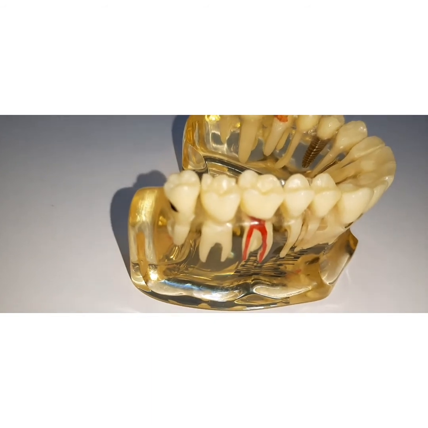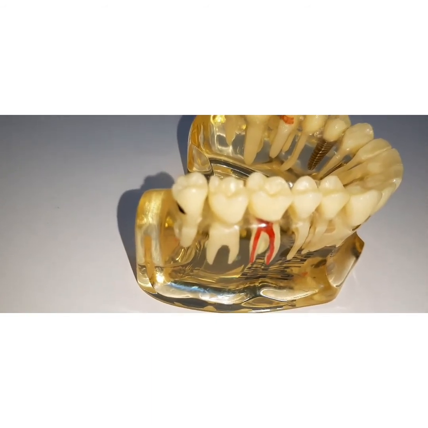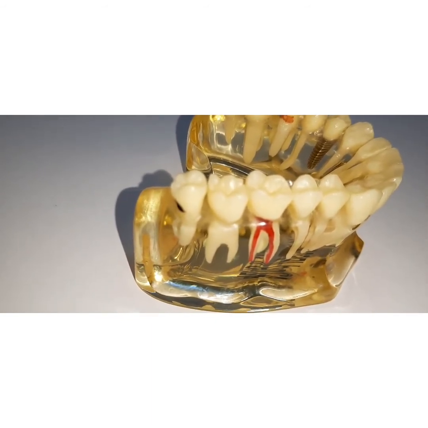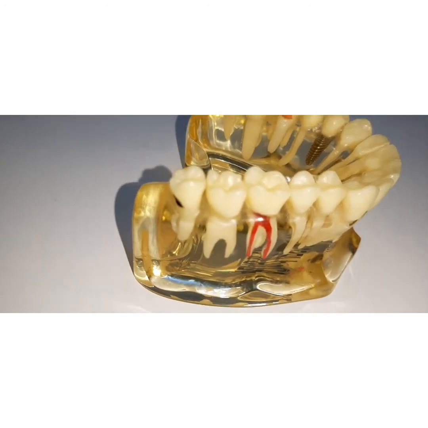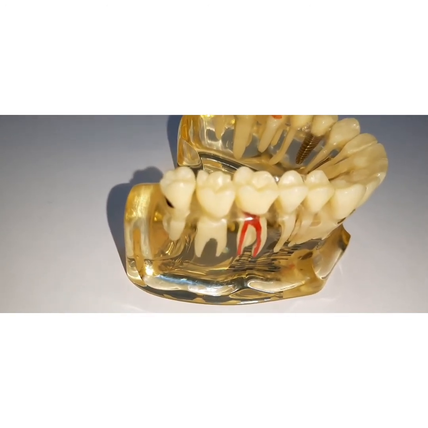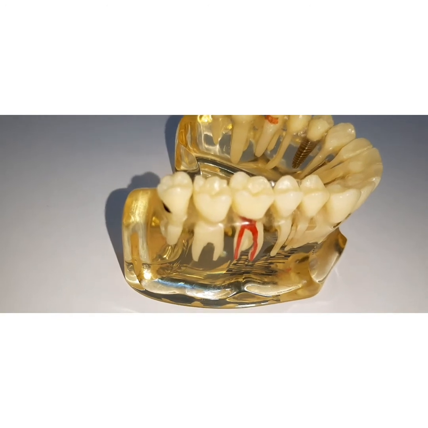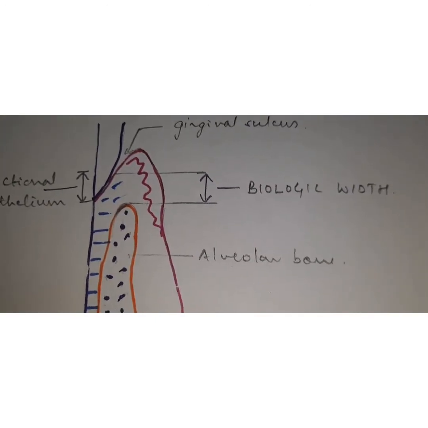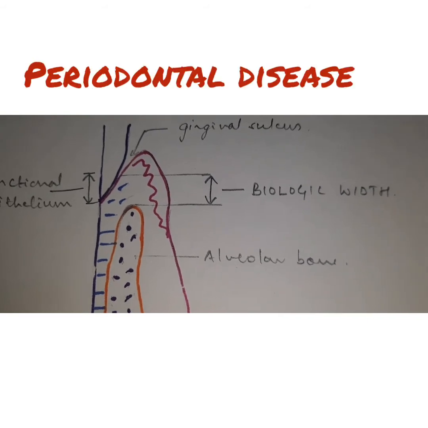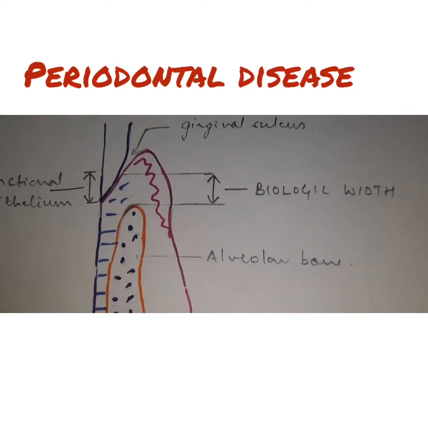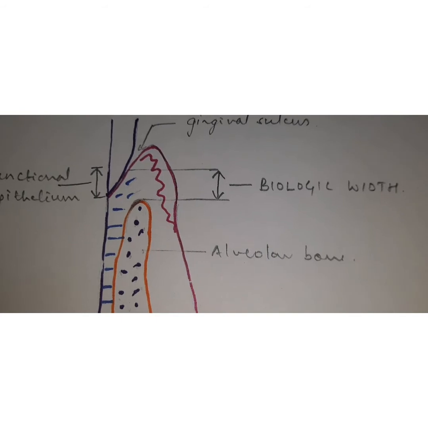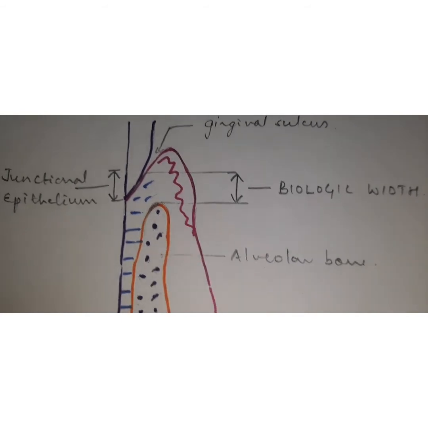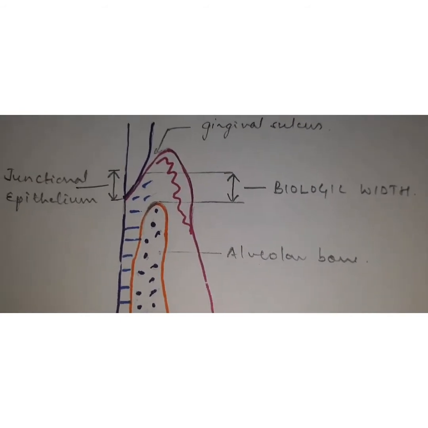Also, it is very important to do proper diagnosis and treatment planning, because if you are not diagnosing well, the chances are you may land up in failures of the fixed partial dentures. Next biological factor is gingival recession and periodontal breakdown. That may happen if you are having a subgingival finish line, and if you are encroaching into the biological width